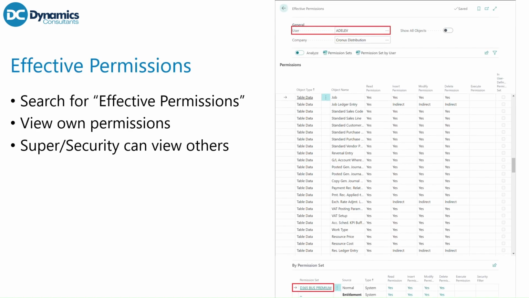The next thing I'd like to show is the effective permissions. When you're building a permission set for your employees or the people using Business Central, sometimes you're trying to work out why someone's got access to something which you think they shouldn't have. It might be that they've got a particular permission set which has given them an additional permission you didn't expect. So this new effective permissions page allows you to open it, specify a user, and by default anyone can